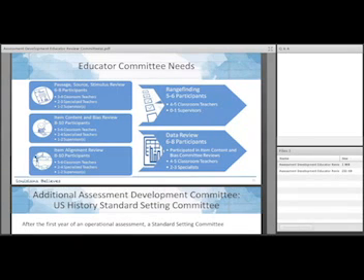In particular, this is the committee makeup. For the passage choice stimulus reviews, we're looking for 6 to 8 participants, mostly classroom teachers, definitely some specialized teachers. And by specialized, I mean special education, English language learner teachers.